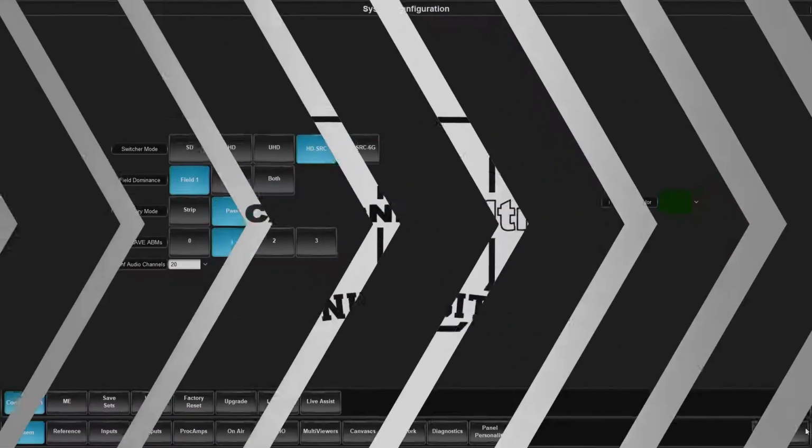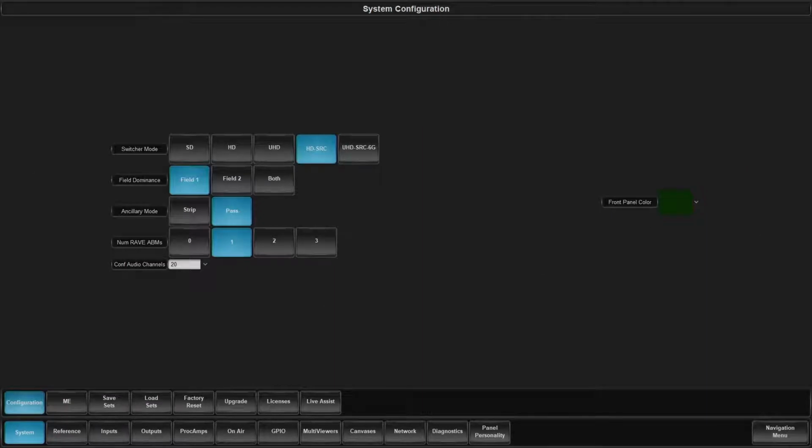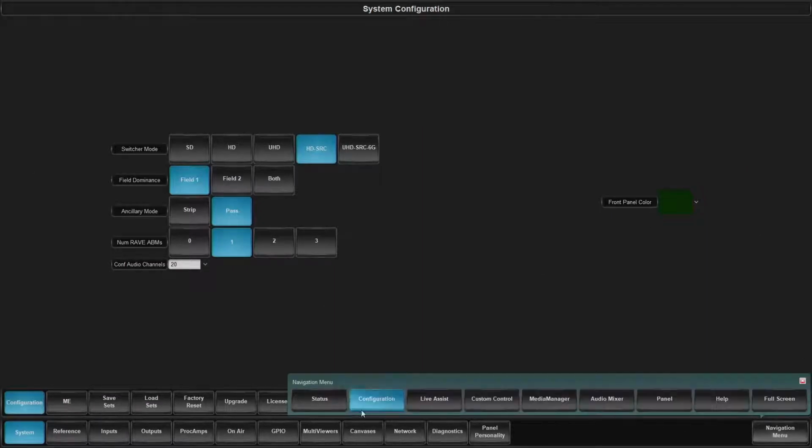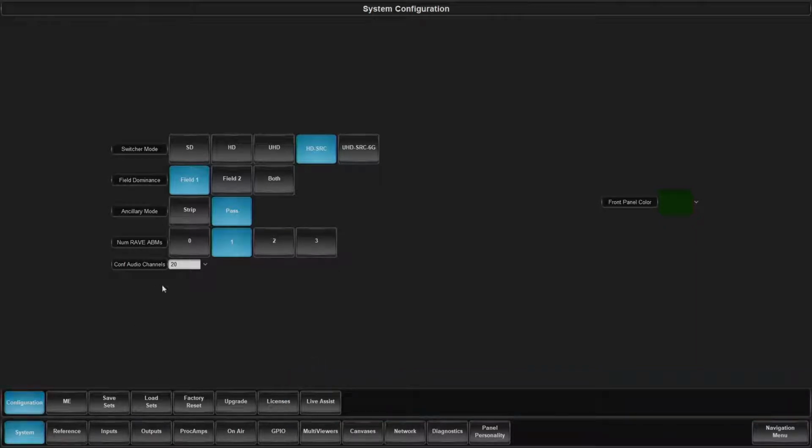In this episode, we're going to go over configuration options and what each one does. So let's go ahead and jump into dashboard and have a look. When we come into dashboard and we're on our configuration menu, on our system page, and the first sub-tab, we've already discussed switcher modes, and considering the amount of information, that's why it was its own video.